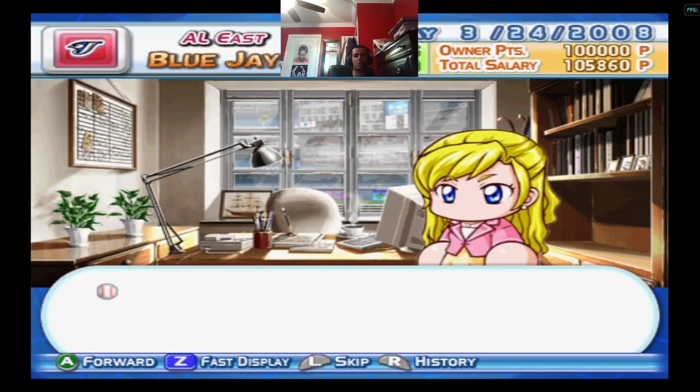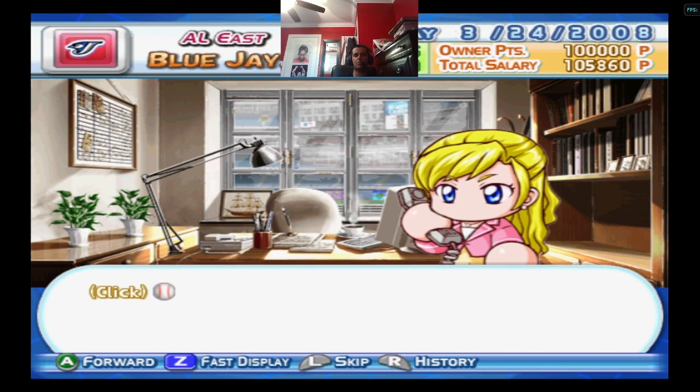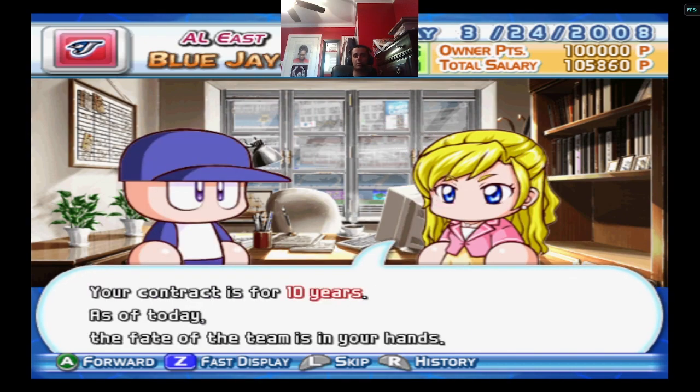So here's our interface here. You better get used to seeing this screen. They give a little storyline for the season mode where basically the owner hired us, and they gotta...